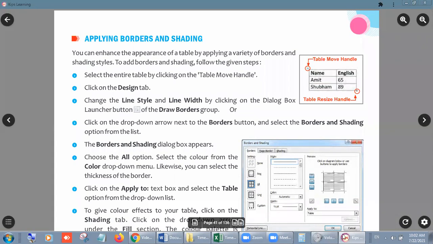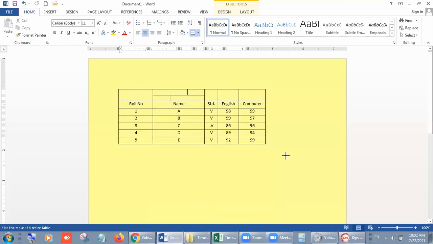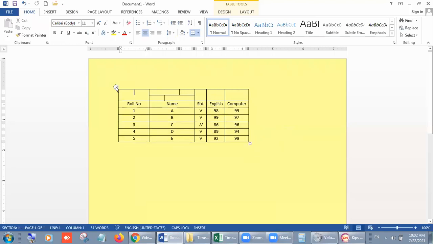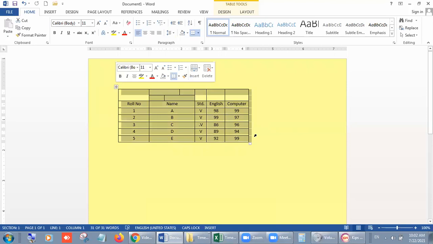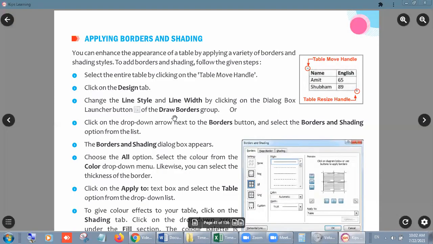It is the table move handle and it is the table resize handle. We have two buttons. Number one, you can enlarge the size of a table, you can reduce the size of a table, right? So click on it, and after that let's go through the command.